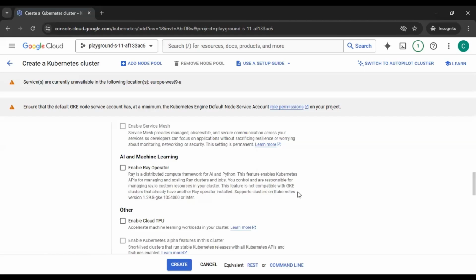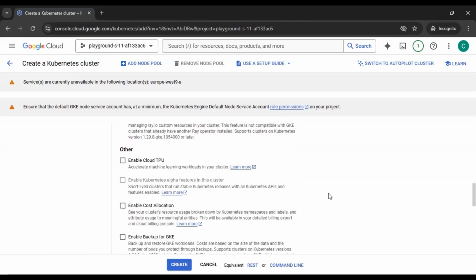This feature is not compatible with GKE clusters that already have another Ray operator installed. It supports clusters on Kubernetes version 1.29.8, and we are on a later version, so we can use these features as well. You can have your Cloud TPU,